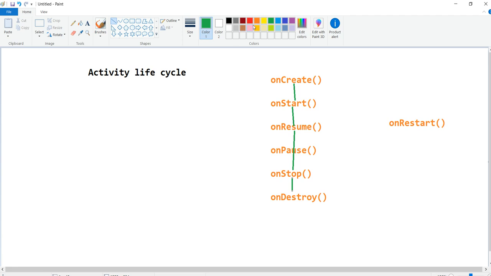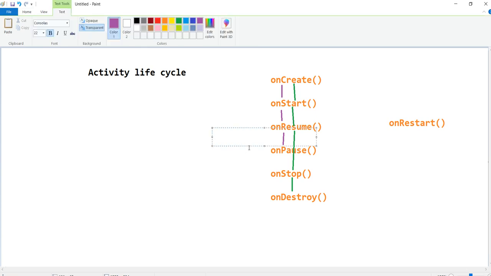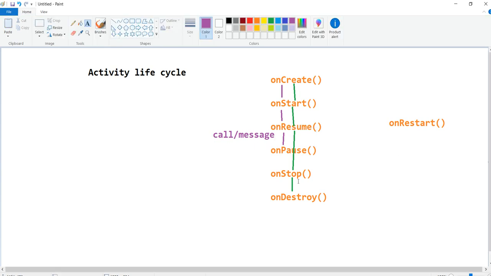In case I open one activity, now it's a video application and I'm watching a video. The video is playing. Unexpectedly I get a call or message or some disturbance.